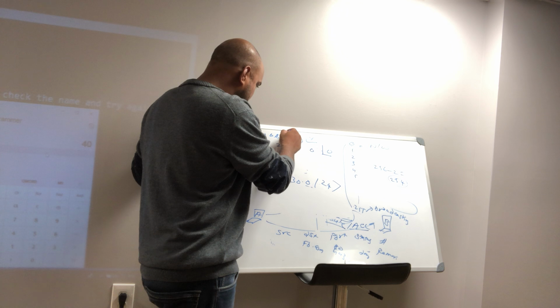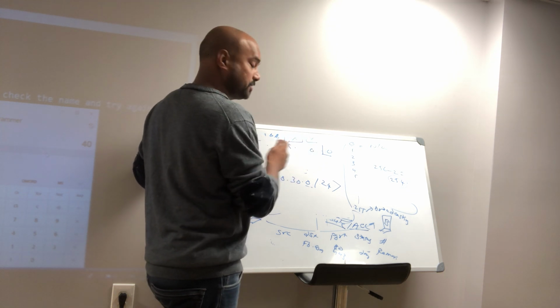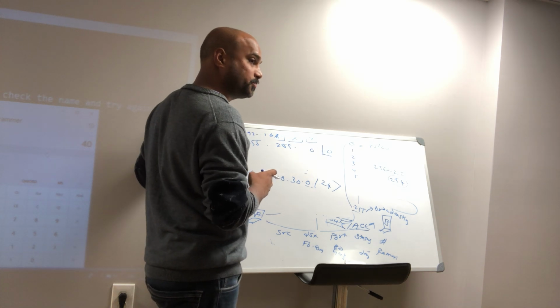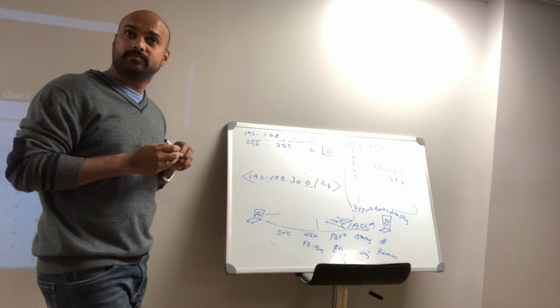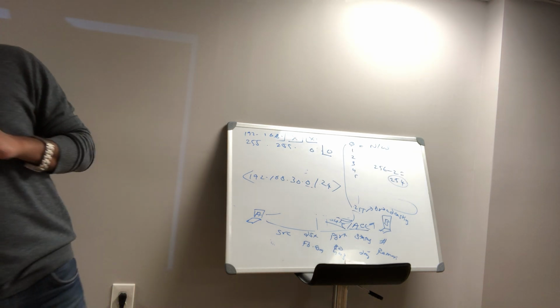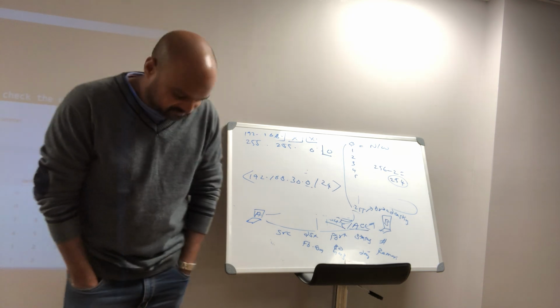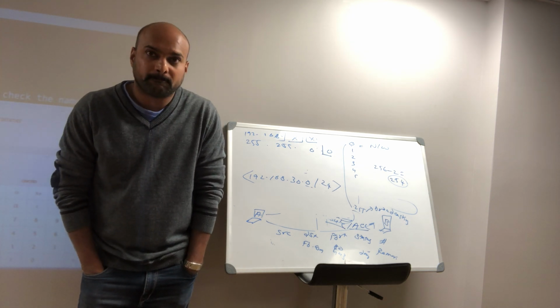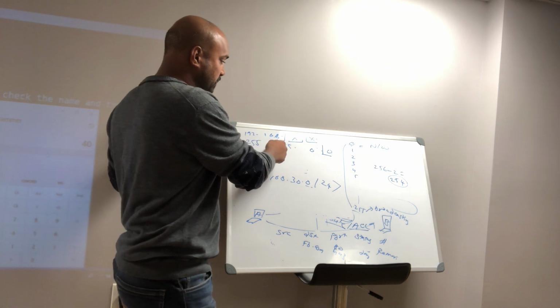Now I'm extending my host ID and saying that, okay, along with this octet, this one is also host ID. So this time my network ID is 192.168.x.x. So both of them will be host IDs that are available for you to configure. You can assign them to some device. So now you can go like this